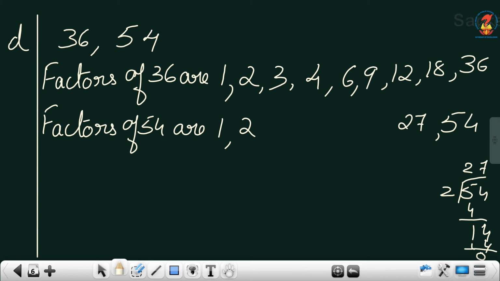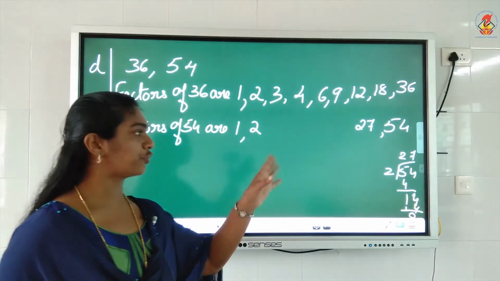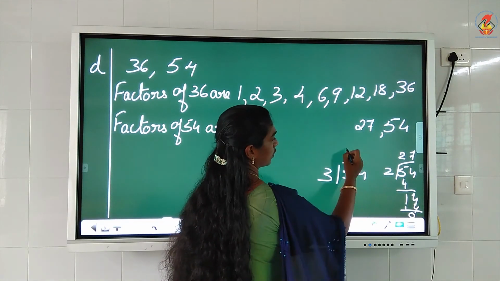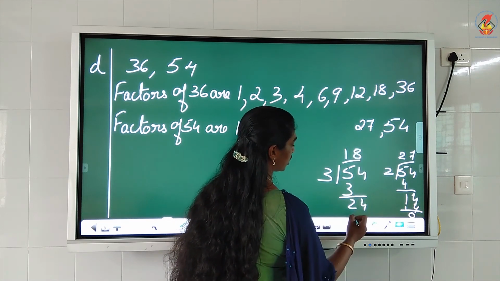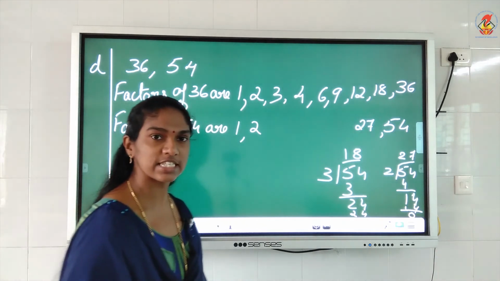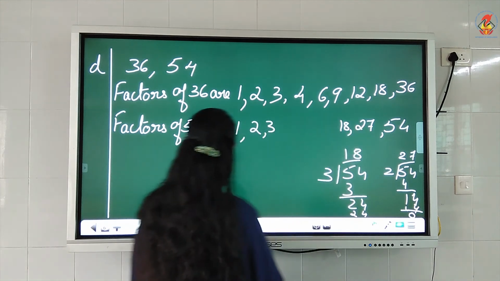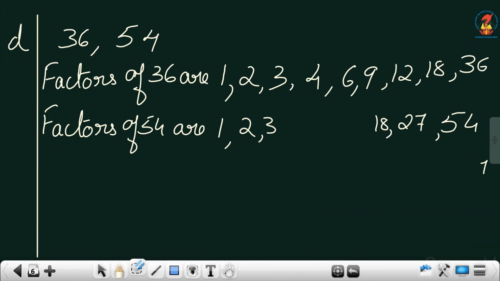Okay. Coming to 3's table, do you have 54? How do you check divisibility by 3? Again add the digits. 5 plus 4 is 9. 9 is there in 3's table. So 54 is surely there in 3's table. So divide 54 with 3 and see. One time. When you minus you get 2. Bring down 4. 8 3s are 24. When you minus you will get 0. So 3 into 18 is 54. Okay, children?